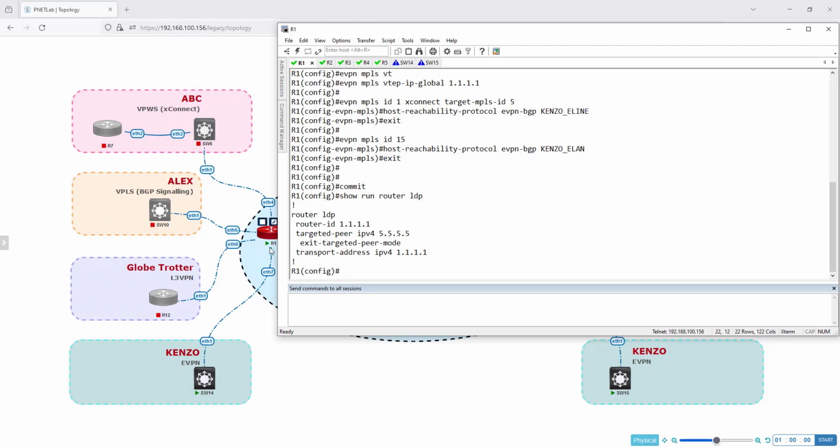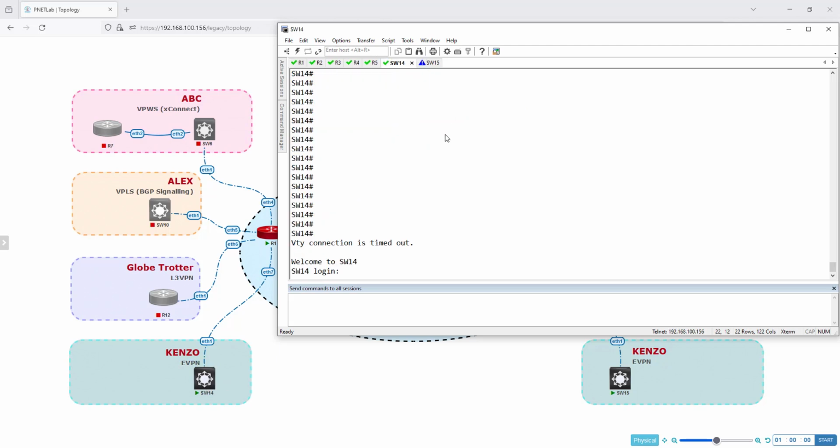Now, like I said, under physical interface, you cannot configure evpn. What you need to do is to configure this under sub-interfaces. So I have to create sub-interfaces here. And I'm going to say I have a VLAN 10 and 11 configured on switch 14. Let me just go to there and first of all log in